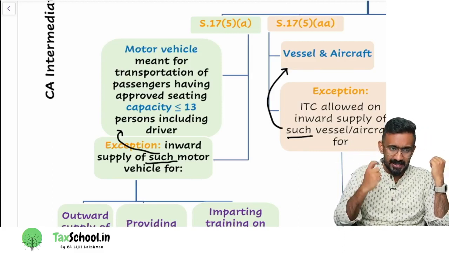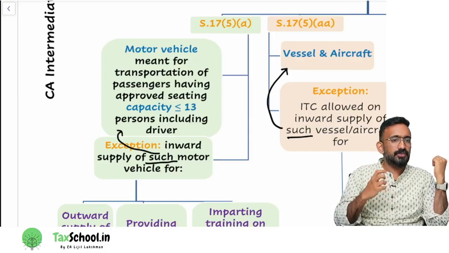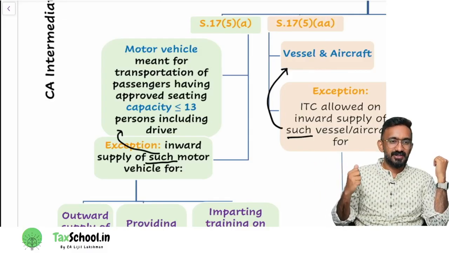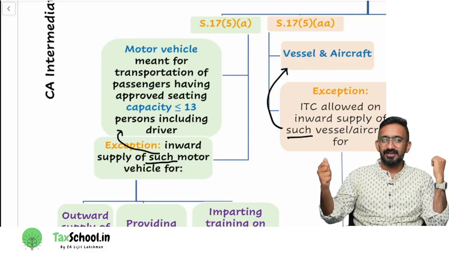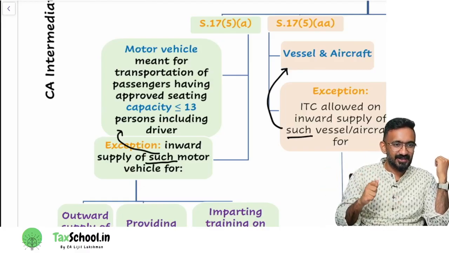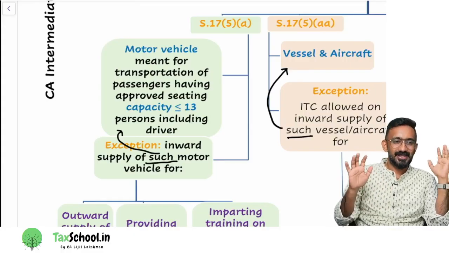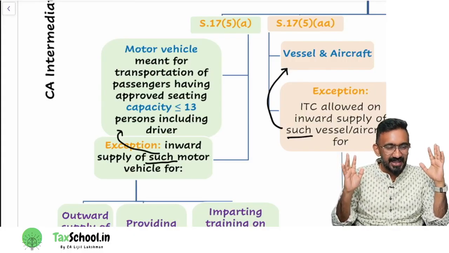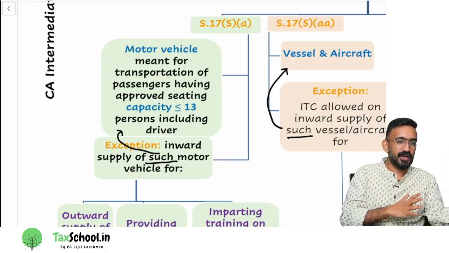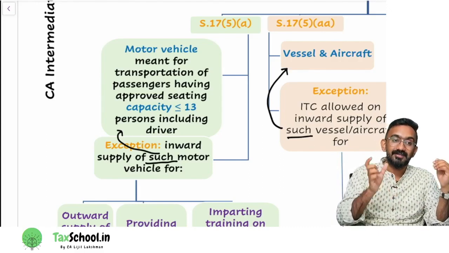Your analysis would be this: if you're purchasing a car in the name of your business, say Tax School is purchasing a car for the faculty, for myself only, and suppose they were purchasing a Mercedes Benz, 50 lakh plus 15 lakh GST, 65 lakh capitalized in the books of accounts. Can Tax School take the input tax credit of it? No, because it's a 5-seater